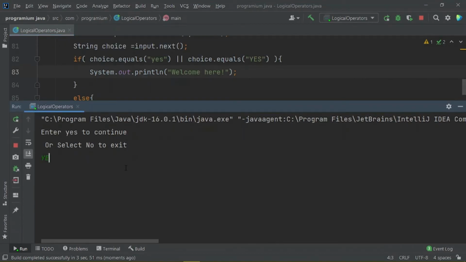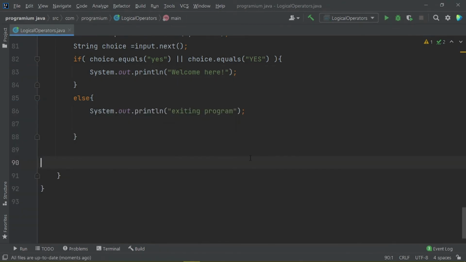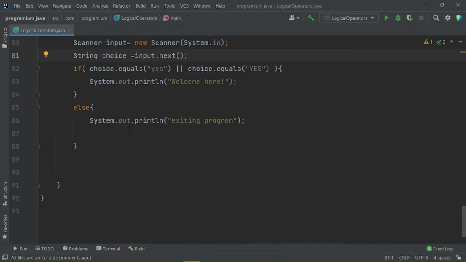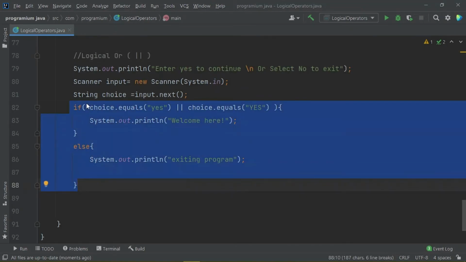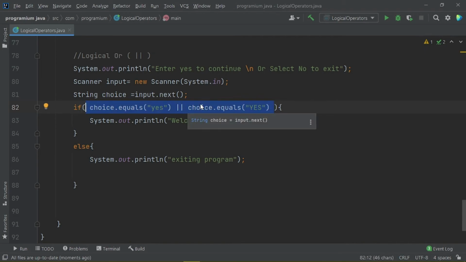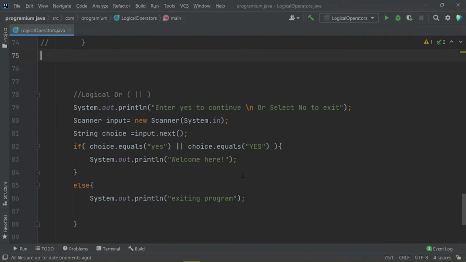I am using here yes, and you would see welcome here. Again I am running it, and this time I am using lowercase and welcome here again. So these are the scenarios or methodologies to use these logical operations in our Java applications. So I hope that these operators would now be clearer to you.